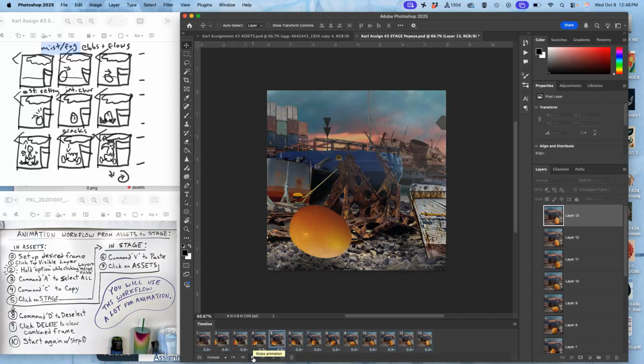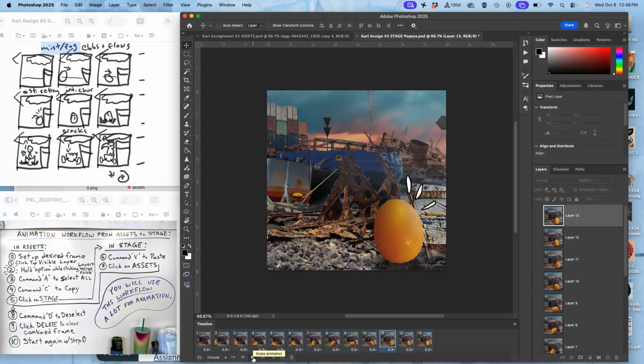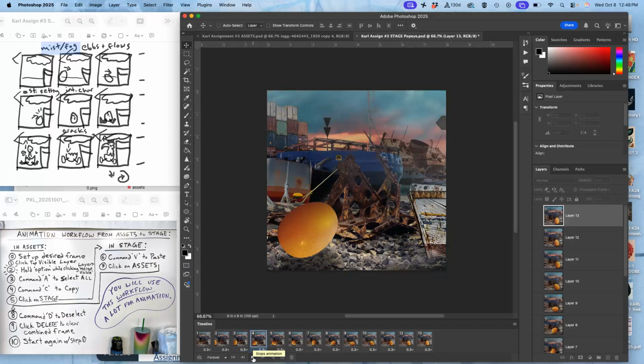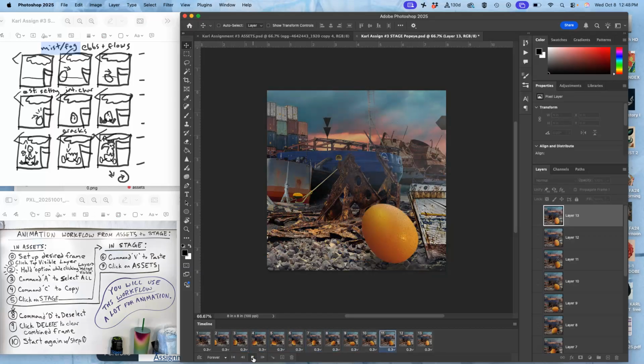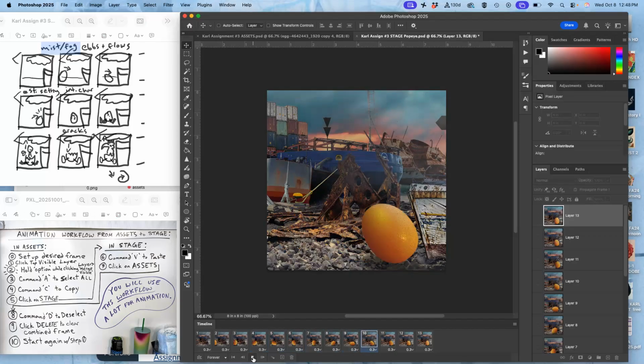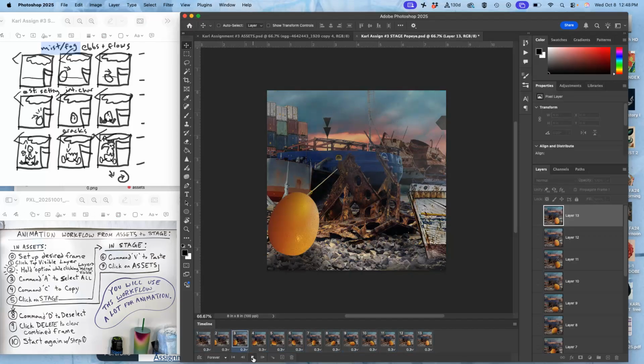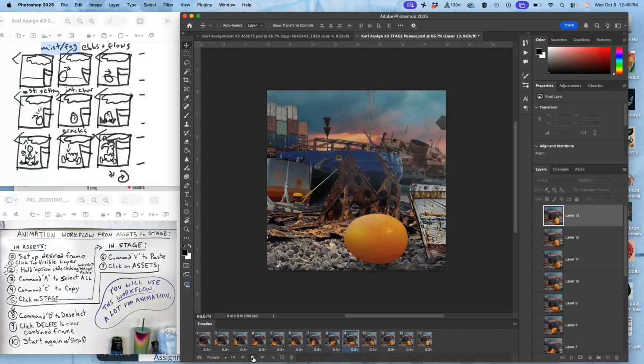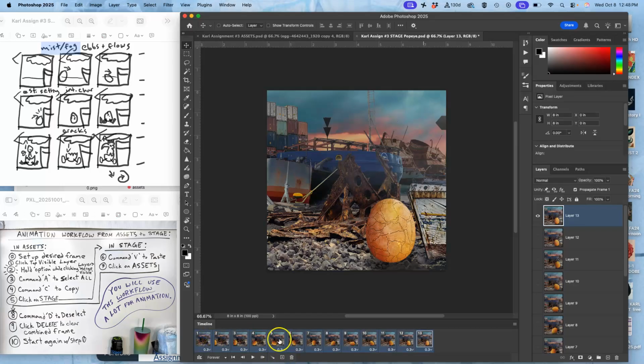Then press play, and I see what I've animated so far, right? So it's right up to where it transforms. The egg changes state, but it's going to change state more. It's gotten kind of to the middle of being cracked. So now that I want to add more frames, all of that's working well. But I'm reminded that I'm also moving the sky and changing the color, doing these little things as well as